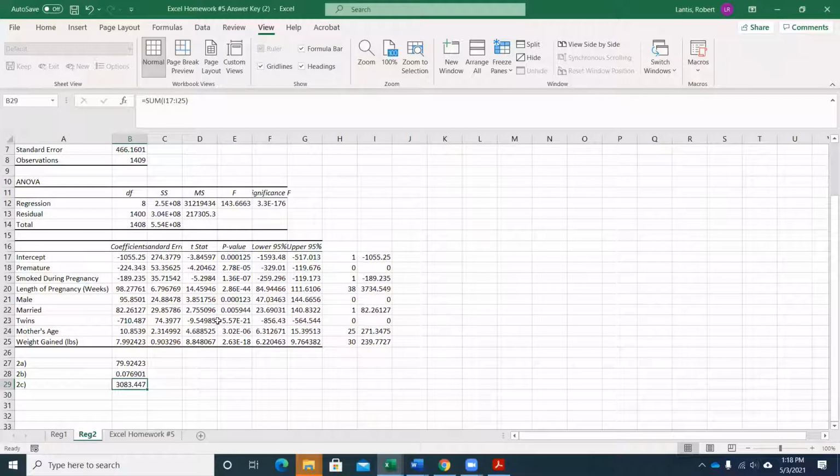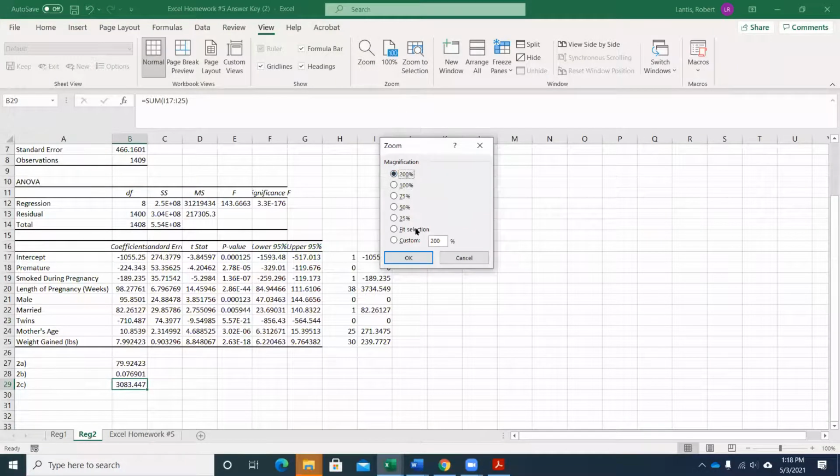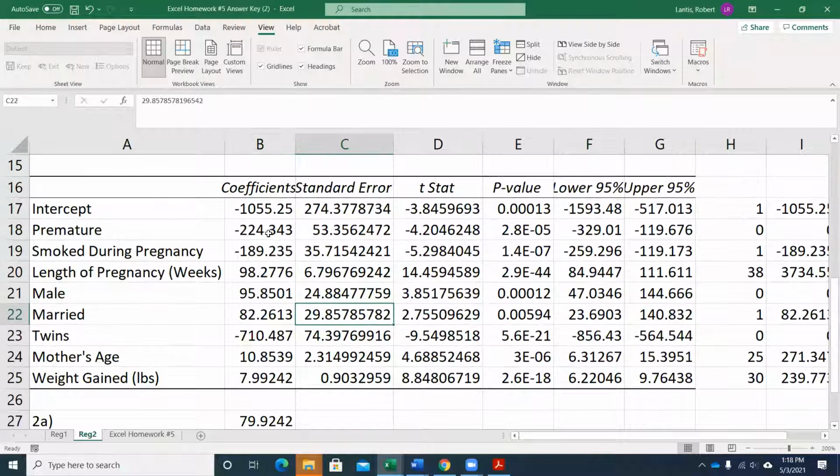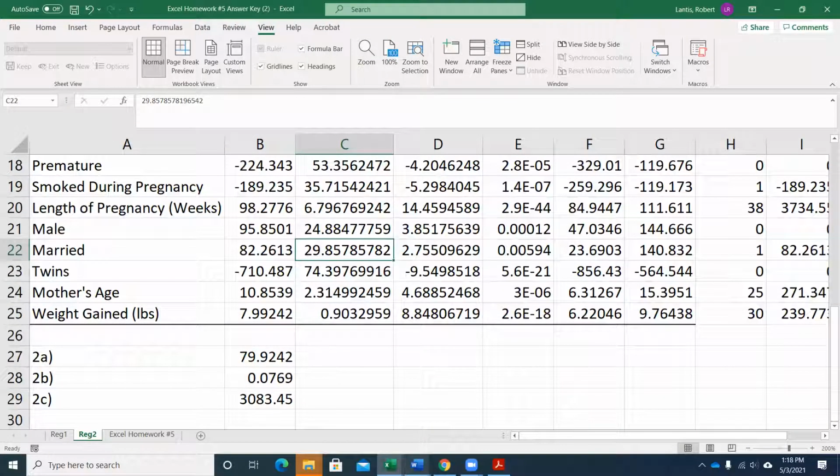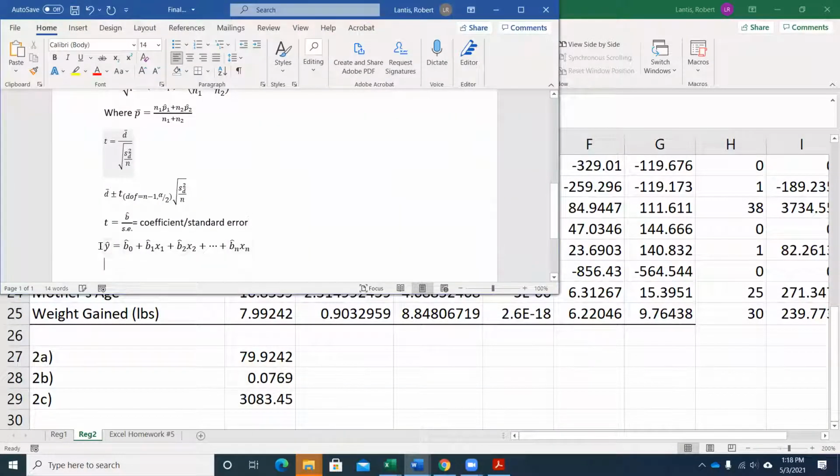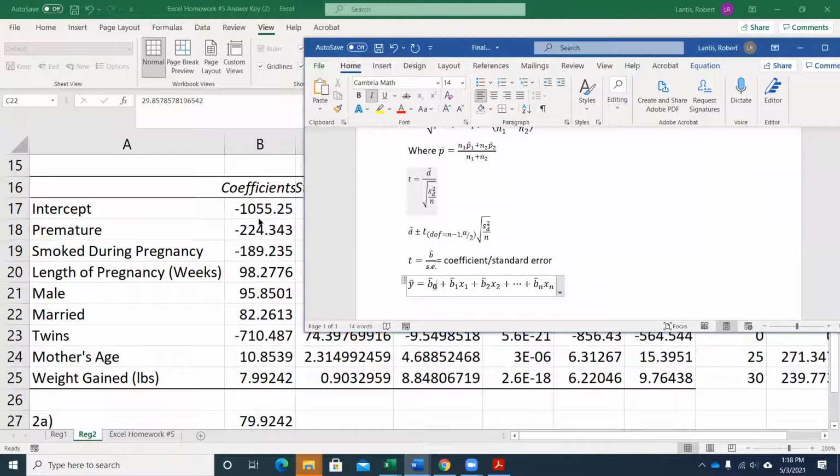If we go to question 2, right? What I did here was zoom in. How do I make predictions? If I look at this formula sheet, it reminds me, oh yeah, if I want to predict y, I'm just going to take my intercept and my slope coefficient values, take these values and plug them in to this equation. I'm then going to take this hypothetical scenario, whatever the x values are for these variables, and make a prediction